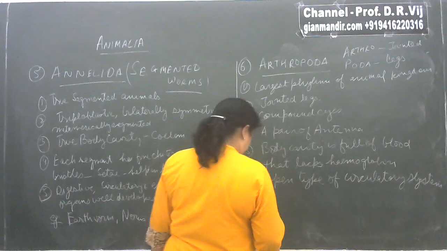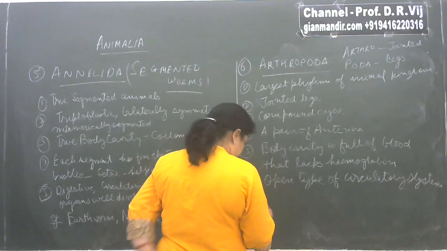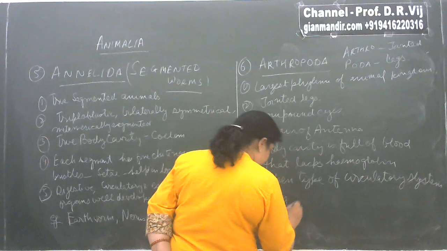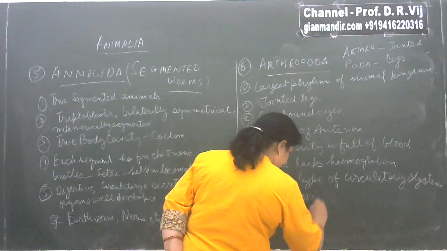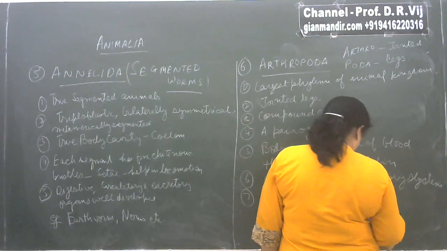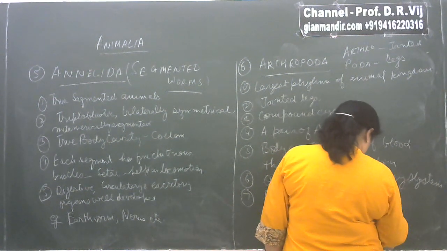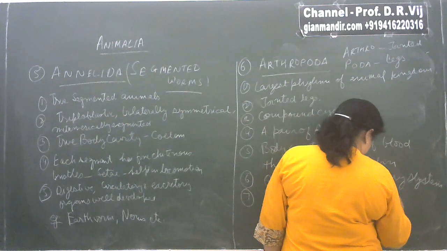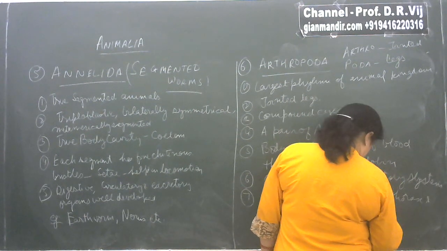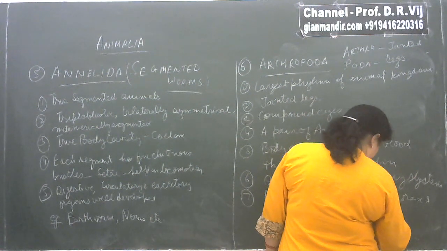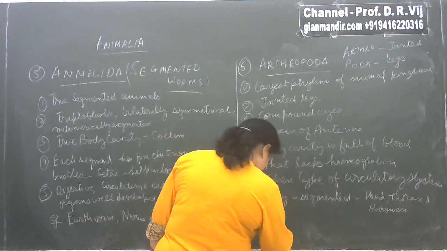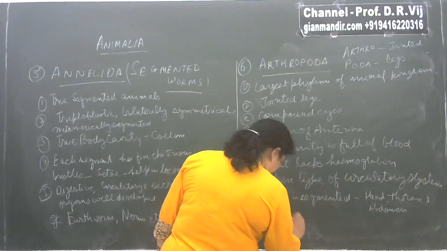And body is segmented into 3 parts. And these 3 parts are head, thorax and abdomen, and body covered with chitin,